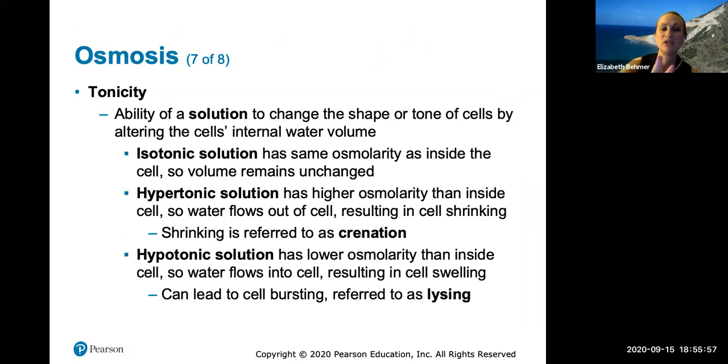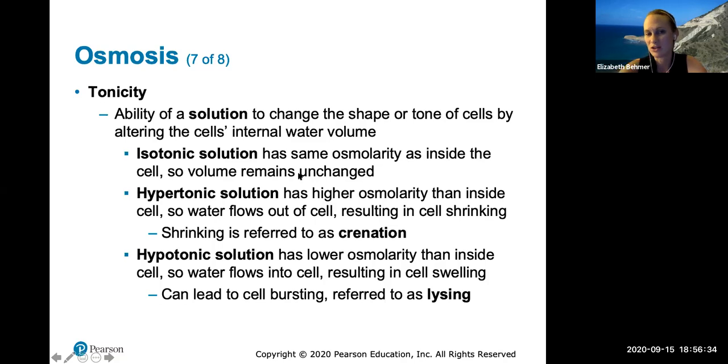So, three types of solution. We have isotonic solutions, hypertonic solutions, and hypotonic solutions. And the solution always refers to the concentration of an area or a solution outside a cell. So an isotonic solution would have the same osmolarity or concentration. It's not actually concentration, but for our purposes, I'm going to use those two words interchangeably to help understand it or explain it. An isotonic solution has the same osmolarity as inside the cell as outside,